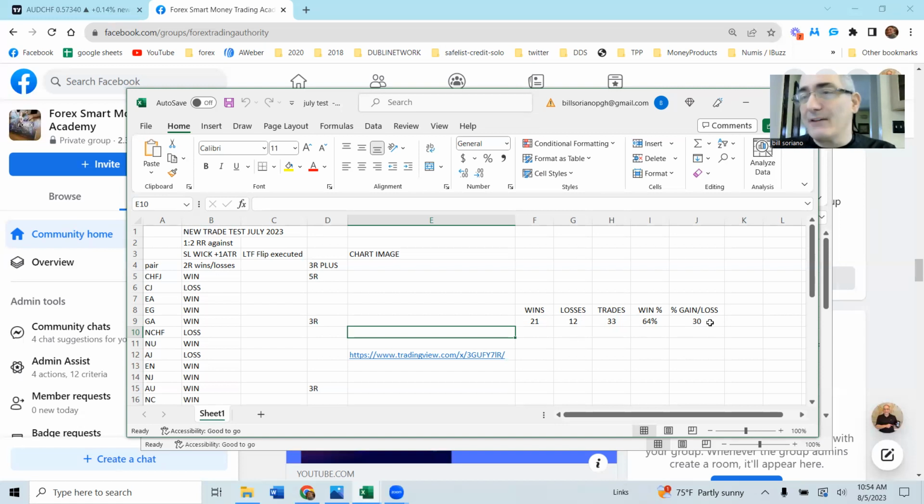Now, obviously, not everyone could have taken all 33 of these trades. As you know, I own a restaurant, so I'm there during the day. So the times that I could trade are actually limited, right? And you may work as well during the day. But even if you were a full-time trader watching the charts every day, you probably would not have taken all